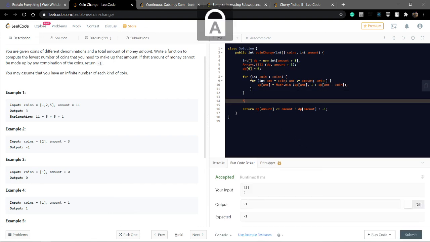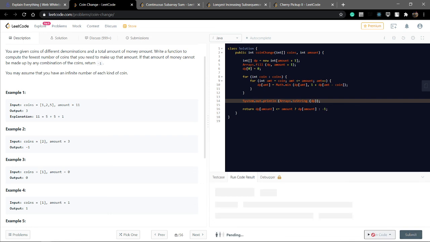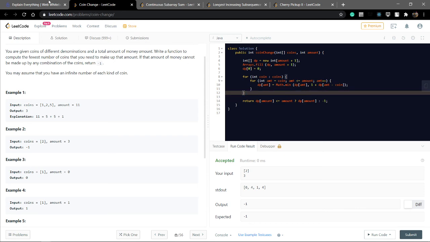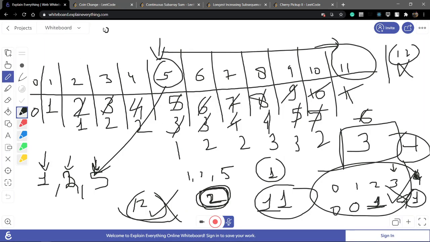Why? I also print the dp using Arrays.toString. Let's suppose all the values are filled in the dp. Now I understand this example again: 0 1 2 3.